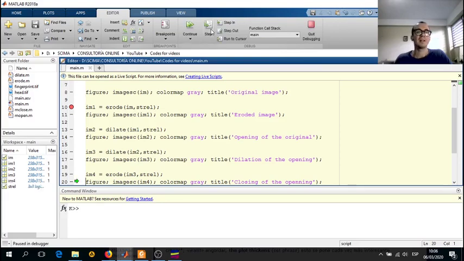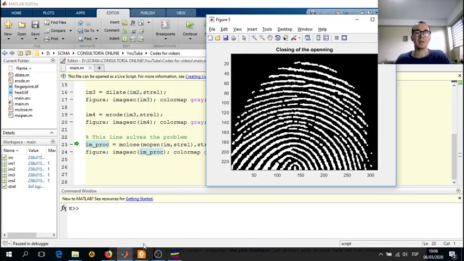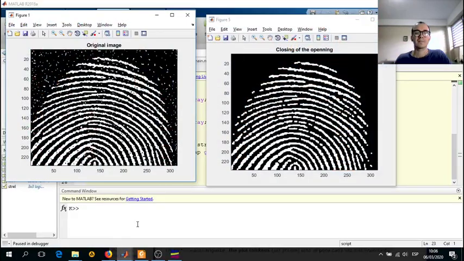I'm running the next line. I'm showing it right now, and here we have the closing of the opening. We have the closing of the opening because we first apply an opening, that is an erosion and dilation, and then we apply a dilation and later an erosion. So we are talking about two operations you already know: opening and closing. This is a combination of an opening and then a closing operation. Sometimes it's also called